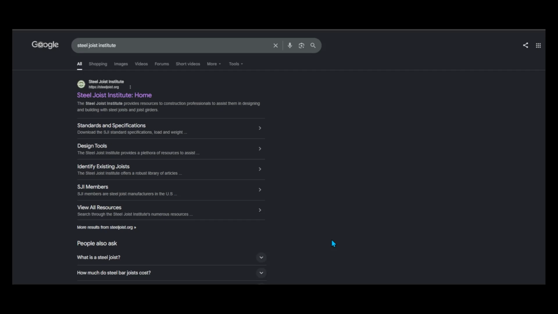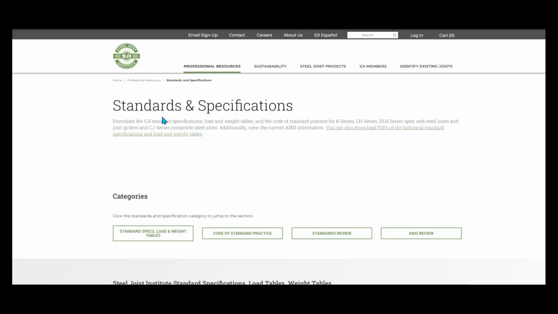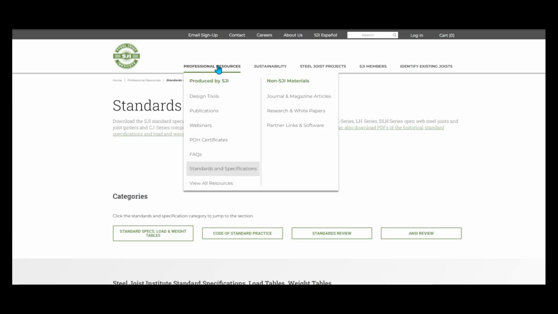To get the standards and specifications, in Google just type Steel Joist Institute, and the official website of SJI will appear like this. Click on this. After clicking, the home page will appear like this. Here just click on Standards and Specifications. If you click on this